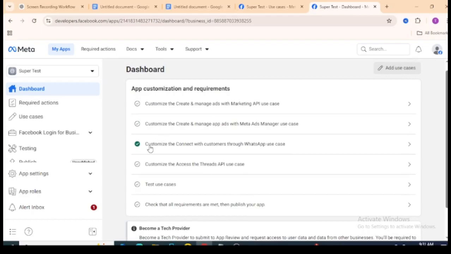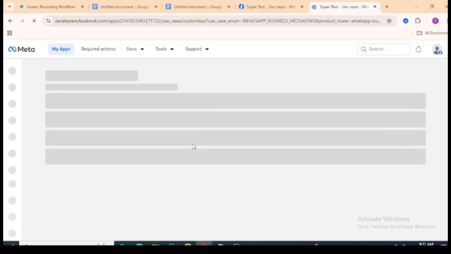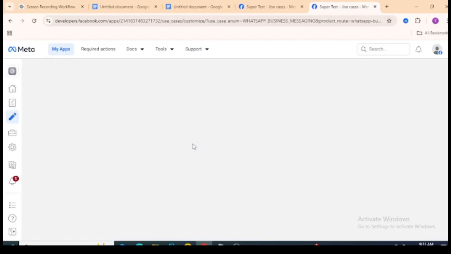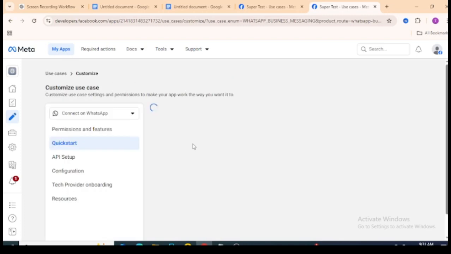So you're going to see something like "Customize the connect with customers through WhatsApp" use case. Very important, so we want to click on it right here. We need it. So we are inside of it. That's what I was showing you earlier about the WhatsApp connect. If you don't have that one selected, you will not be able to come here to set up your